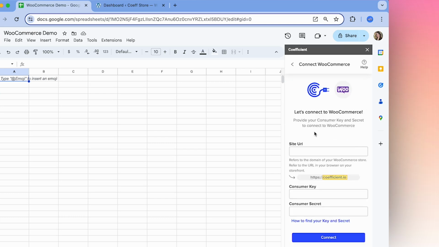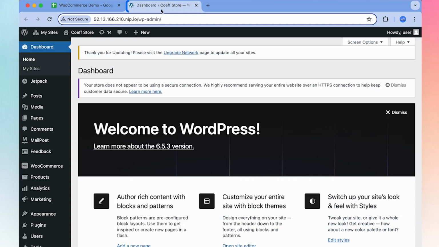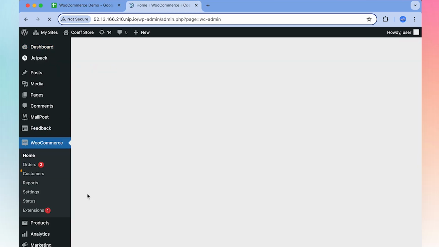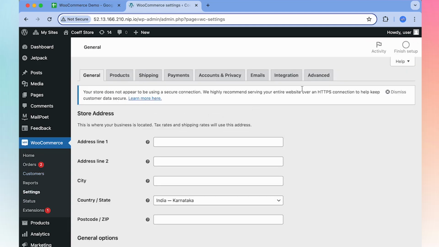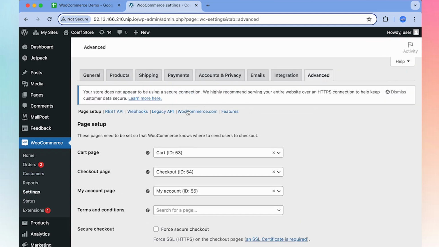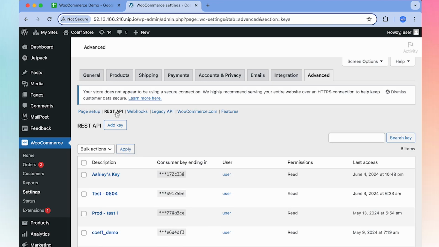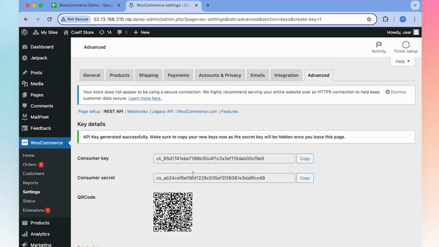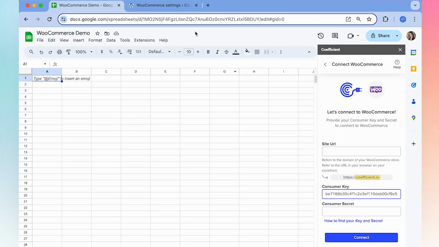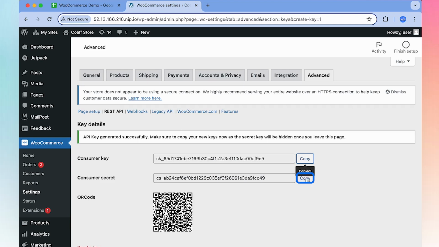From here, you're going to want to navigate over to your WordPress, go down to WooCommerce, select Settings, select Advanced, select REST API, and then select Add Key. Add a description, and then select Generate API Key. Copy the consumer key, paste there, and then copy the secret